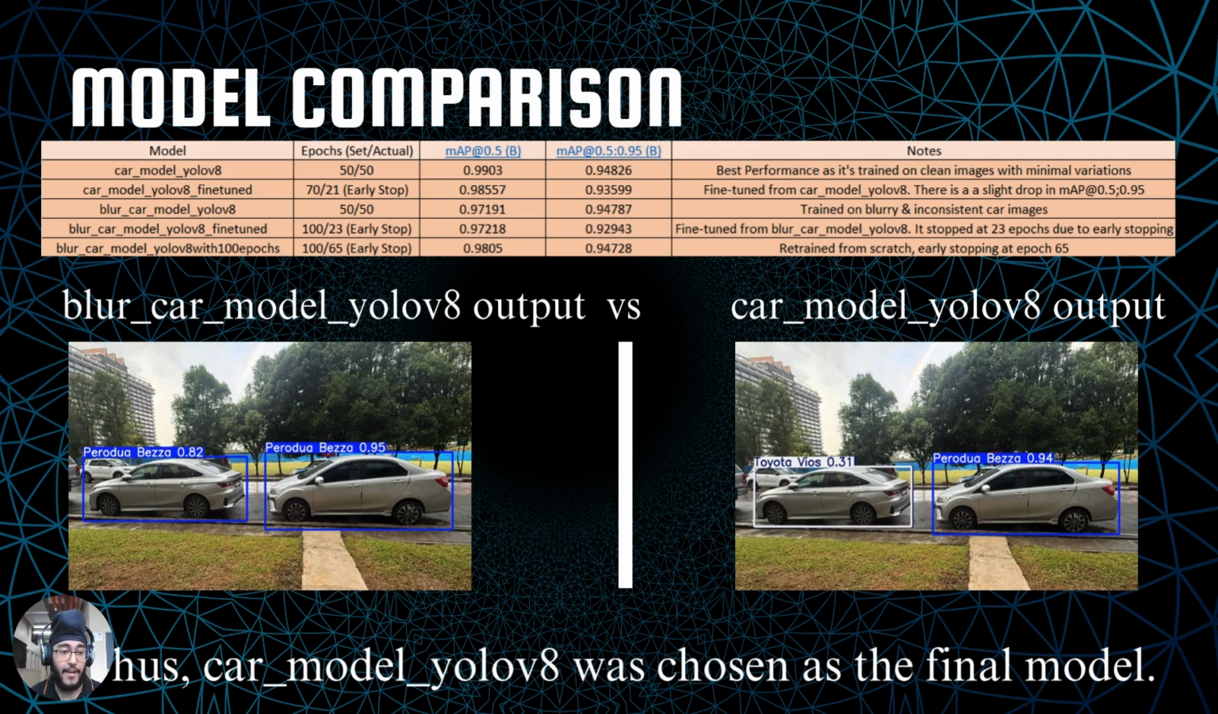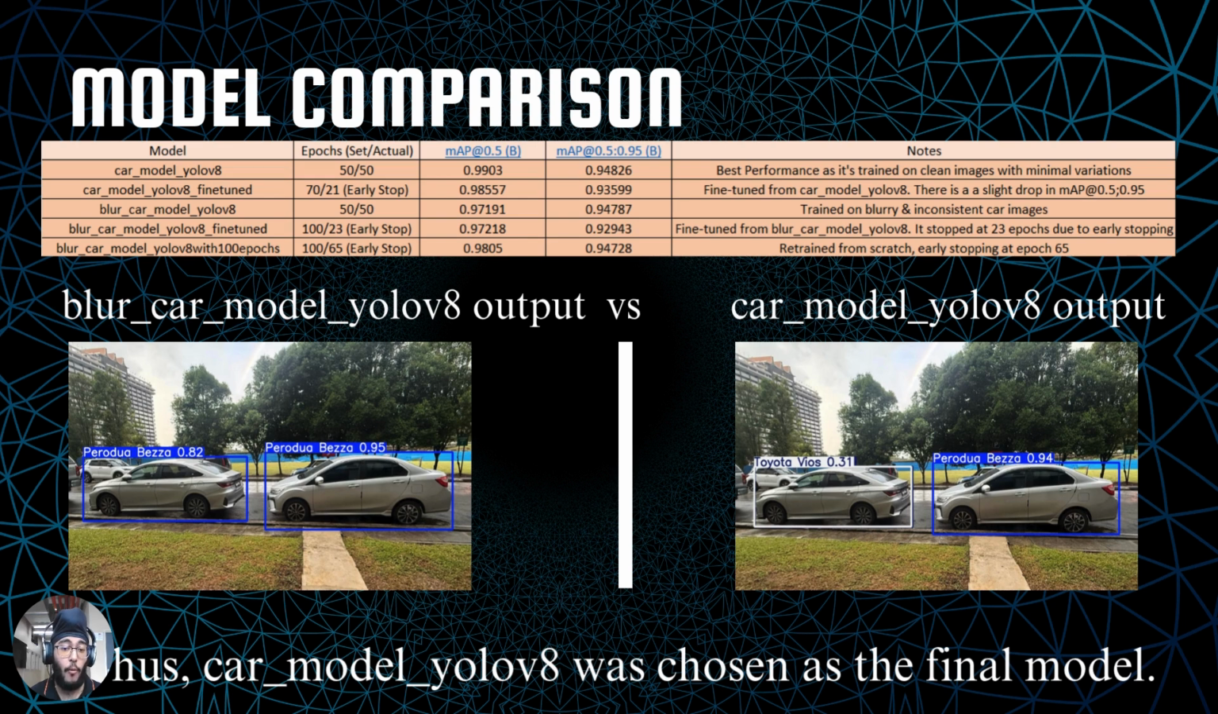So this is the model comparison. We have used 5 different models to test and choose which is the desired model that we like. As you can see, car_model_YOLOv8 was the best model out of all 5, as it has the highest mAP at 0.5 and the highest mAP at 0.95 value. The lowest